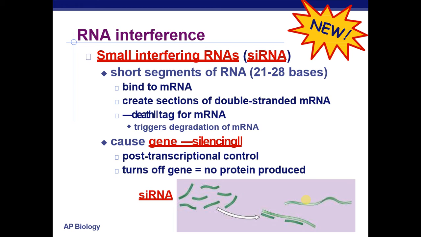What this can cause is what we call silencing of a gene, a post-transcriptional control where a gene is turned off even though mRNA is being made, because siRNAs are destroying the mRNA transcript before proteins are even able to be made. And this is, like I said, a very promising new current branch of research, because the idea is